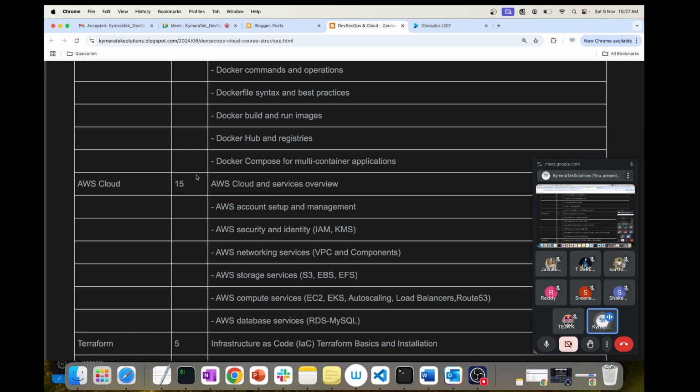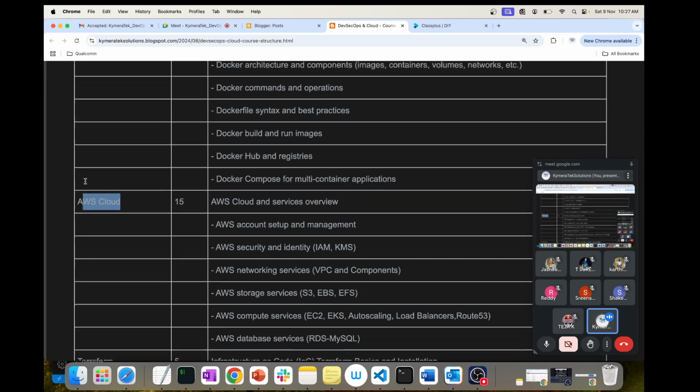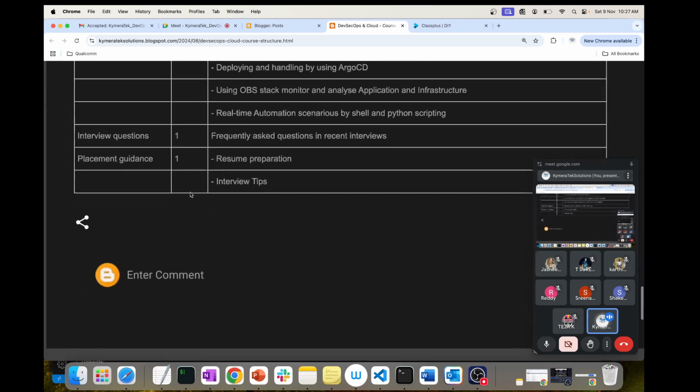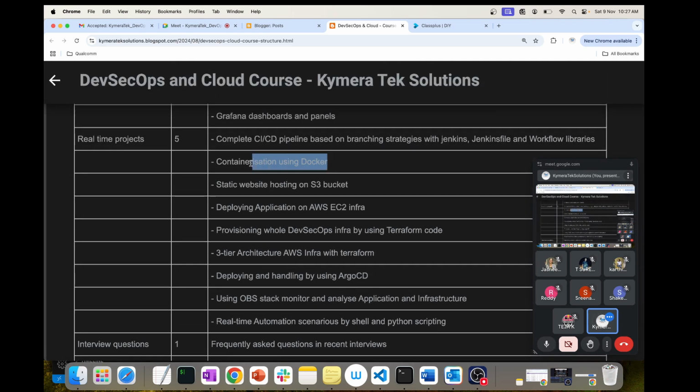Now this is where our infrastructure, with this our entire CI/CD including containerization of the application, is completed. Containerization using Docker: your 2-tier or 3-tier application can be done through a microservice-based architecture, where you create the front end as one service, the back end as one service, and the database as another service, and you can deploy it. We are going to cover that one as well.